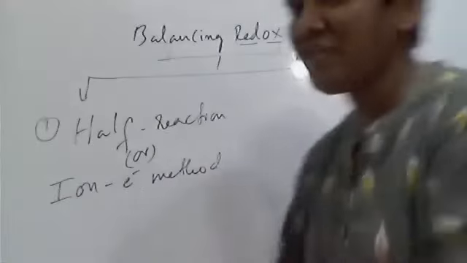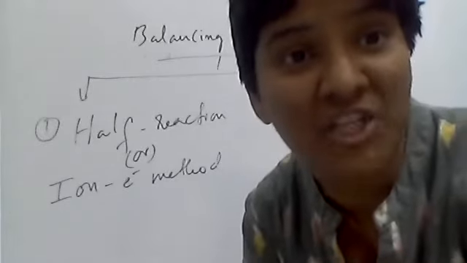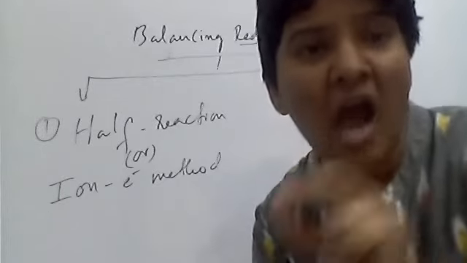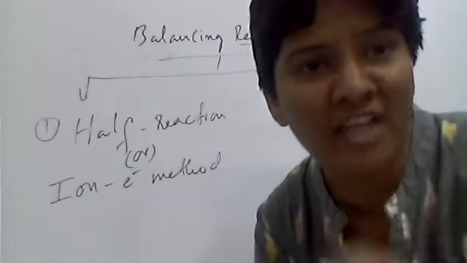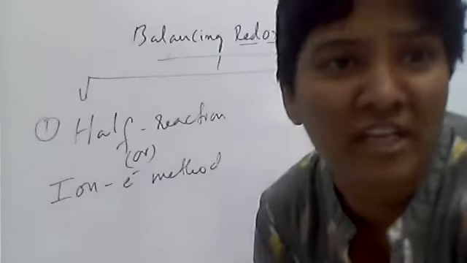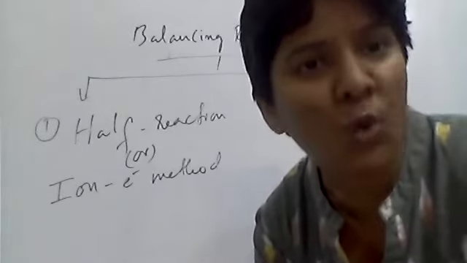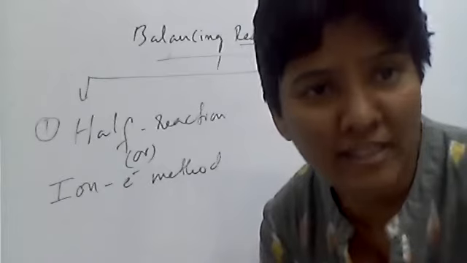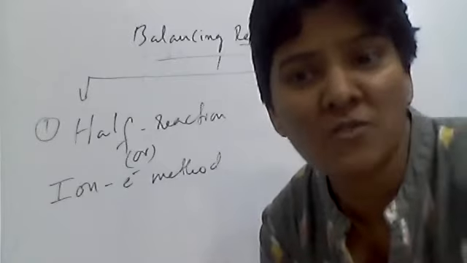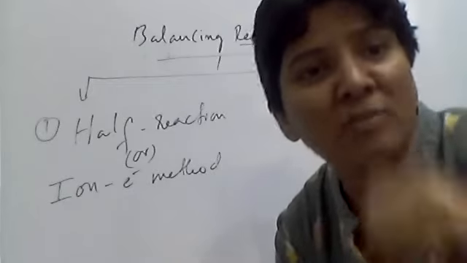So the redox equation is balanced by making half reactions, called the half reaction method, and it is also called the ion electron method because we have to balance the equation in ionic form. If any species contain hydrogen, sodium, potassium, magnesium, calcium, they are called peripheral species, because their charges are fixed: H plus, sodium plus 1, potassium plus 1, magnesium plus 2, calcium plus 2. So when these are present, they have to be removed.